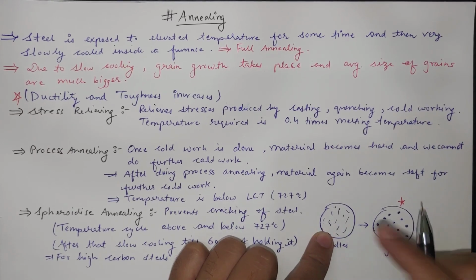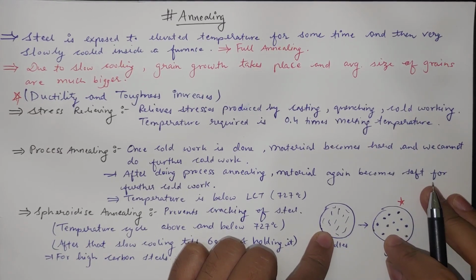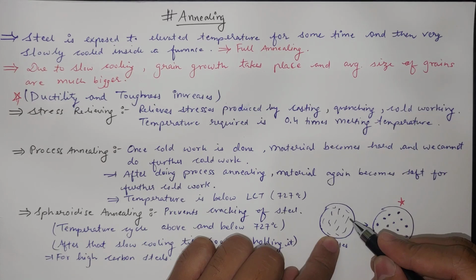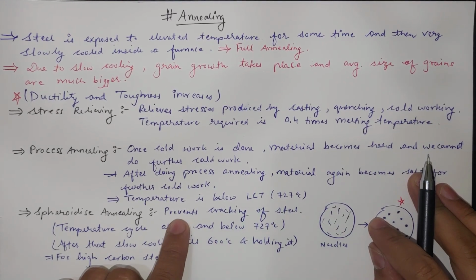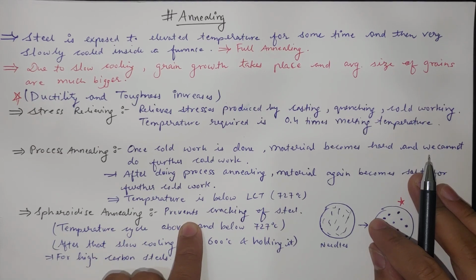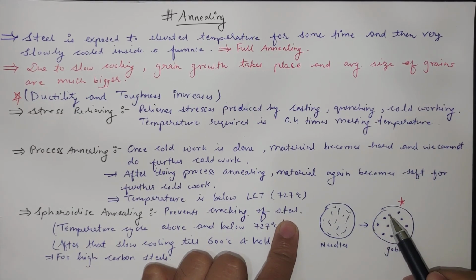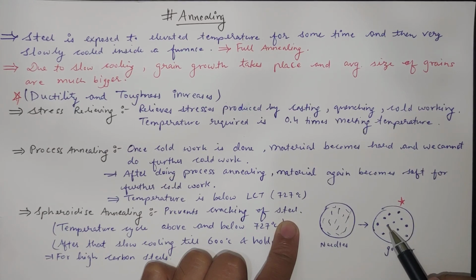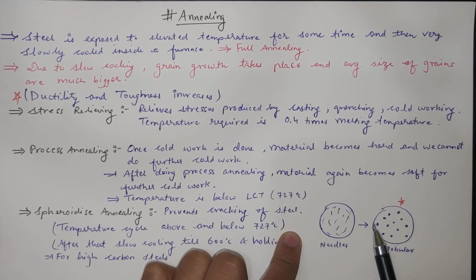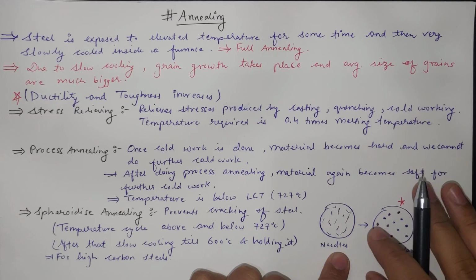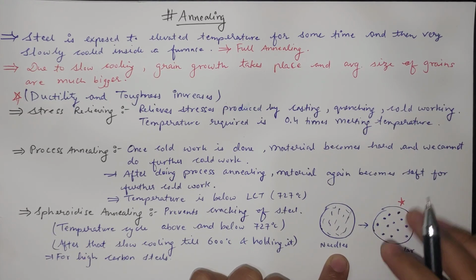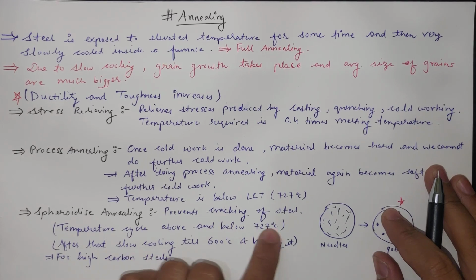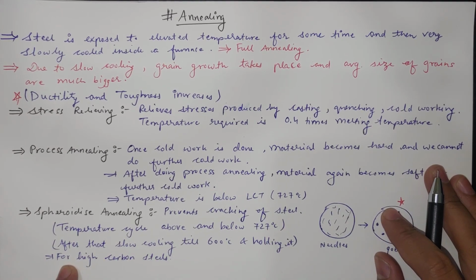These needle structures are very prone to cracking, because from a needle-like structure the material can easily break because of stress concentration. So spheroidized annealing prevents cracking of steel. When it becomes nodular and spherical in nature, it has less stress concentration. So this is done to improve the cracking property, to prevent cracking of steels, and this is usually done